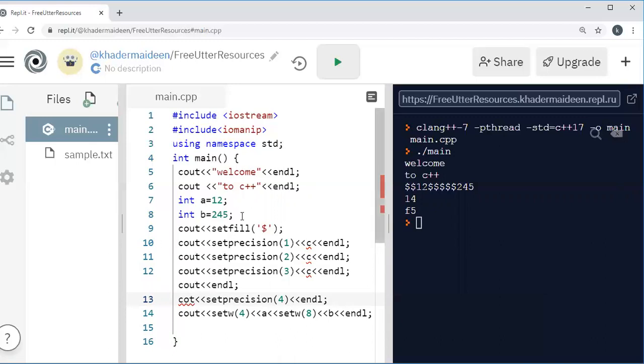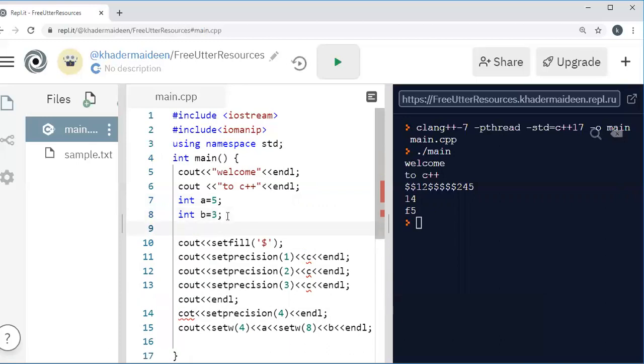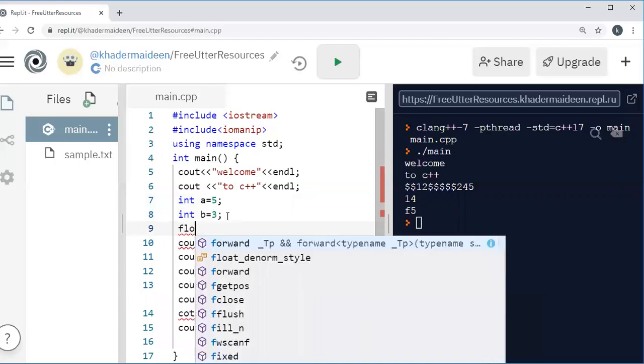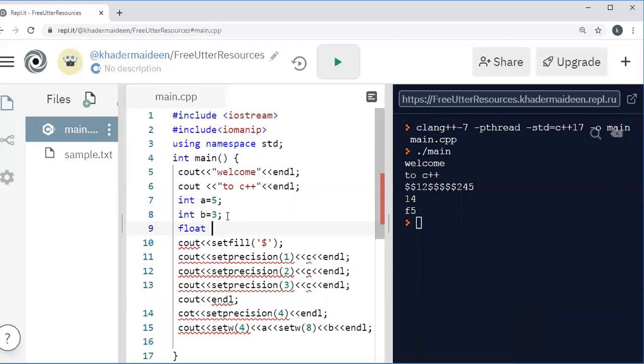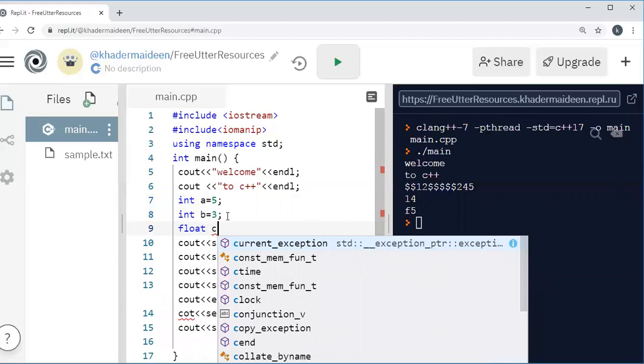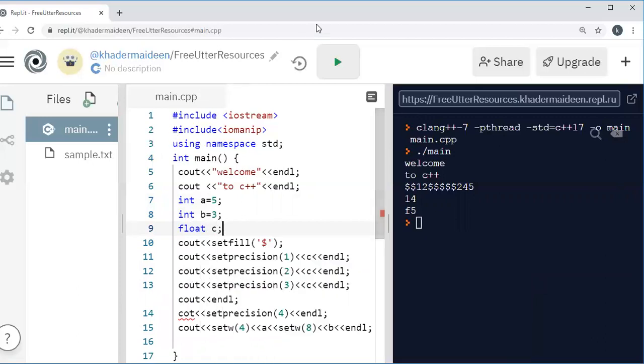Okay, let me take the value of A as 5 and B as 3. Then float C. Right? Now execute this program.